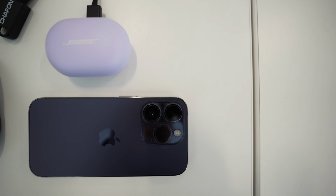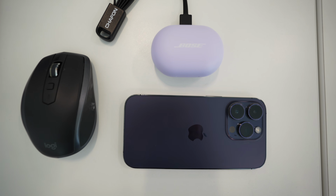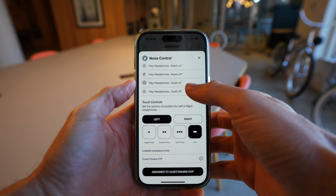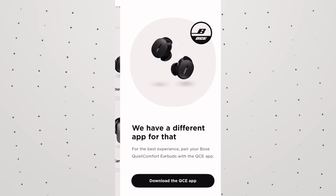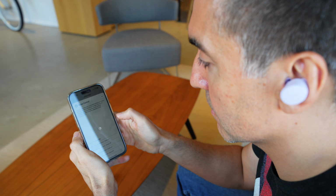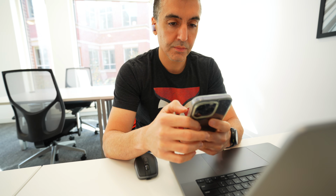earbuds, the QC24, we'll just go with that for now, is weird in another way. It doesn't use the same Bose music app like the others. It's got its own dedicated app called the Bose QCE that's a better app than the Bose music app. The app helps you pair your earbuds with your phone, laptop, or tablet, and these QC support multipoint, meaning you can switch from listening on your phone to your laptop without having to disconnect and reconnect them from one device